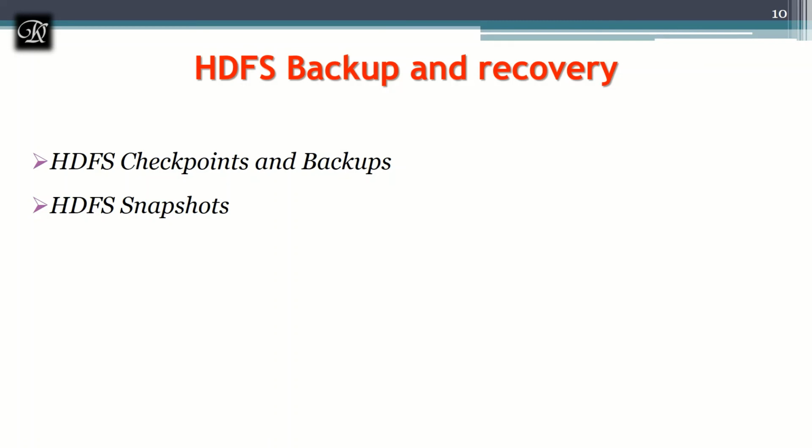Those edit logs have all the modifications I have done on the FS image. At startup, the name node merges these edit logs into a new FS image. Currently, I'm having some state in the FS image. Next, from this onwards, I'm having some more state, some more appends, additions and modifications done on the file system. That is there in the edit logs. Once I restart my name node, these existing edit logs will be merged with the FS image, and that will create a new FS image. This will be written on the secondary name node or secondary backup node, which we have seen from the diagram.